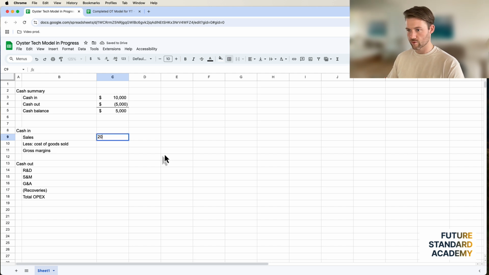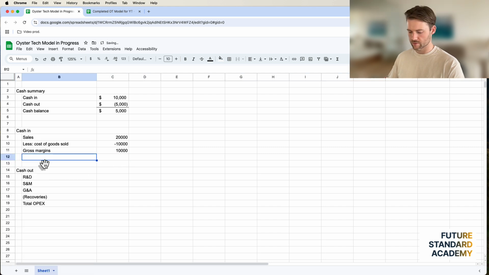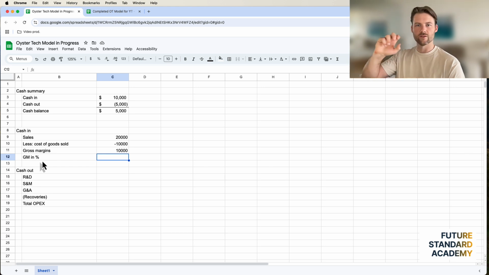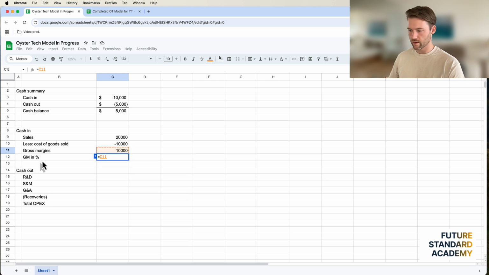Okay, so it looks something like this. You'd have maybe 20,000 in sales, less 10,000 in cost of goods sold, and that leaves you with $10,000 in gross margins. You've probably heard a lot about gross margins. But effectively, gross margin is what you make on each individual sale that's now available to pay for the rest of the costs that your business incurs, right? So your gross margins are then allocated to your business overhead to pay that off, and anything that's left over is going to be profit. That's going to be either reinvested or distributed to the shareholders. So we want to do this, divided by that, is 50% gross margin.